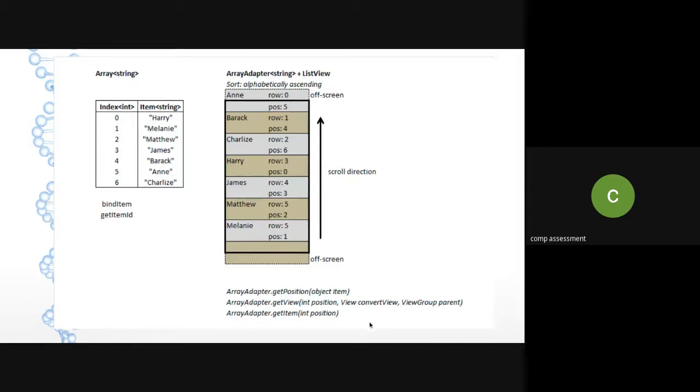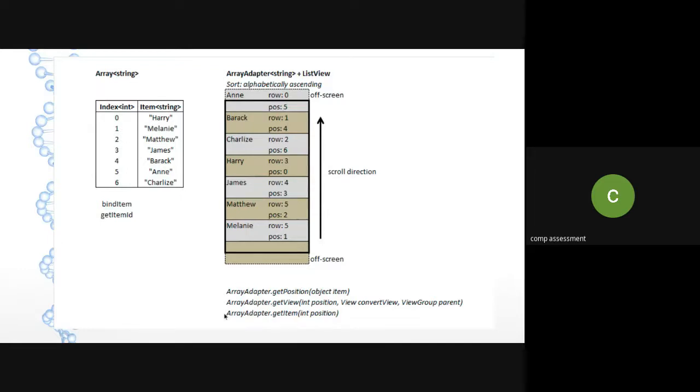As I mentioned, on the top we have a view group, that is my parent, right? So how I want that particular list to come, for that you can use the getView method, and dot getAtom, which is used to extract the index, that is the position of that particular atom, from the array adapter by using the getAtom method.